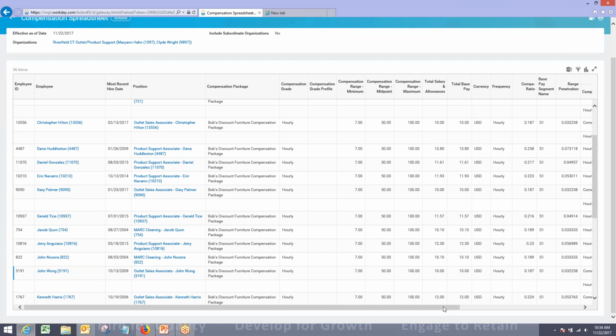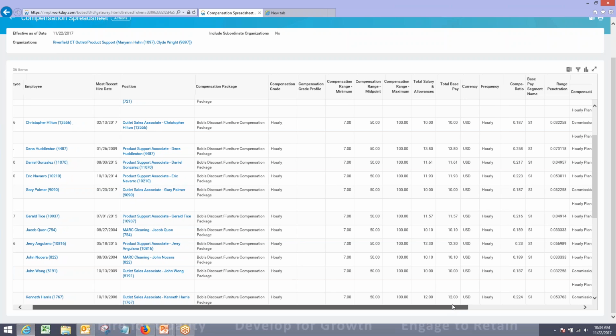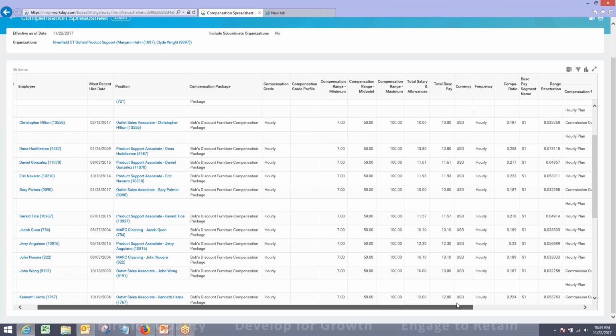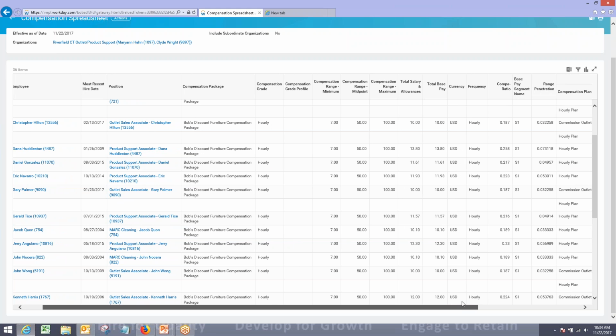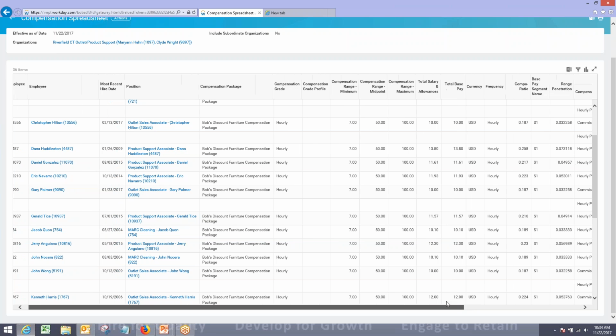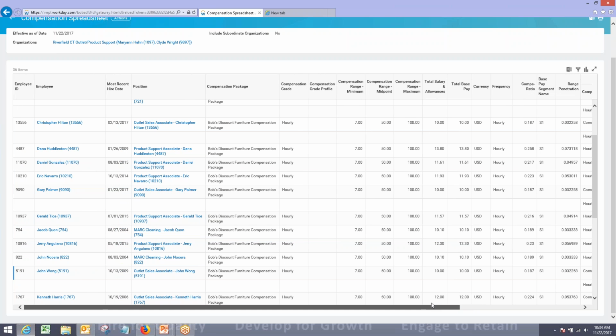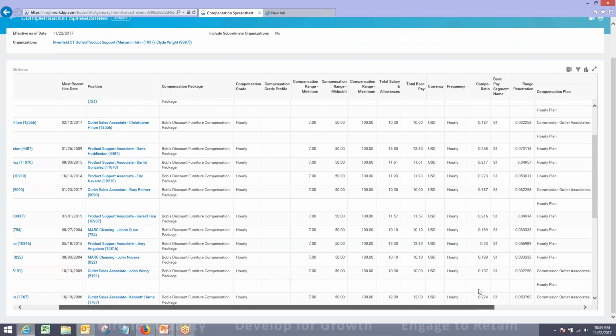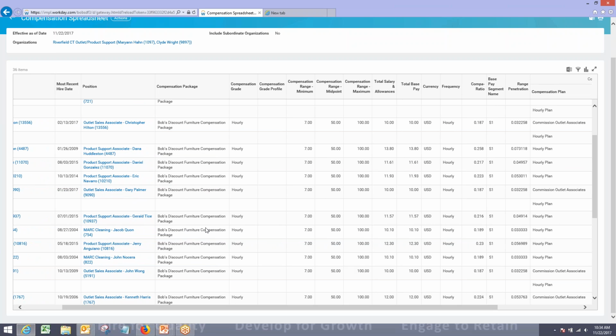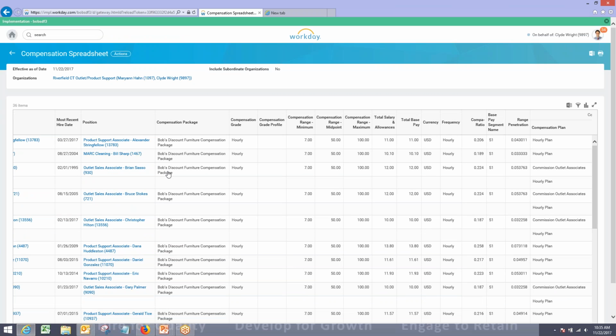And from here, we can see that Clyde can review all of his team's compensation information right from this Workday delivered report. He can review and compare compensation amounts and type for his entire team. Now, we're in a testing tenant, so the compensation ranges you may see here are not indicative of Bob's true compensation ranges. As an FYI, you can filter directly on this report by clicking any of the heading markers